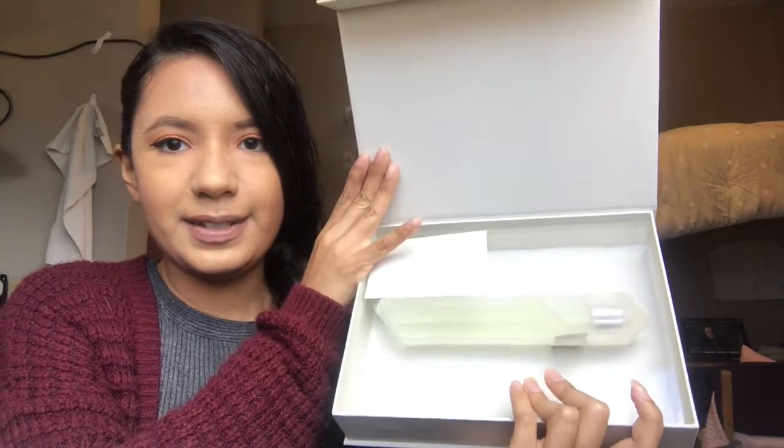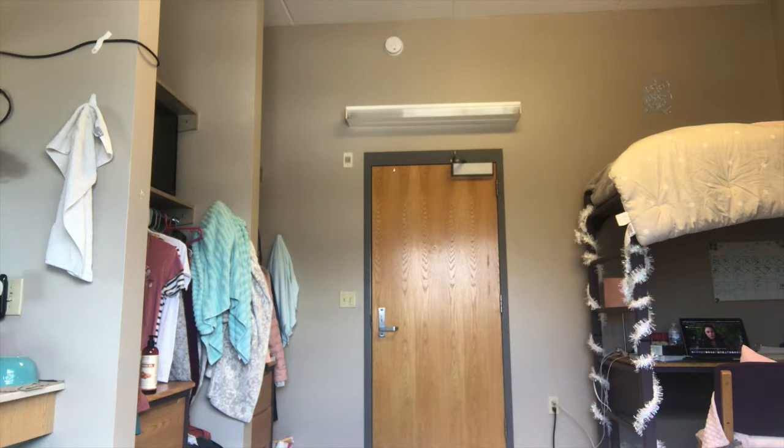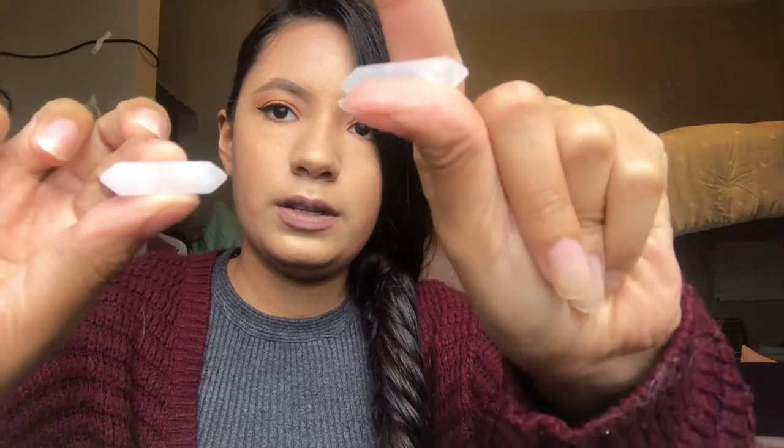And that's what it looks like inside of the box. It comes with this. Let's open that up and see what that's all about. Oh, that's really cool. Okay, so let me just show you guys. I already dropped one. Okay, it comes with 3 little crystals. I was hoping to show you guys with inside of the packaging still. So 3 crystals. Here's 1, 2,